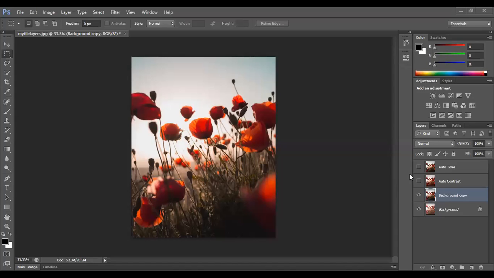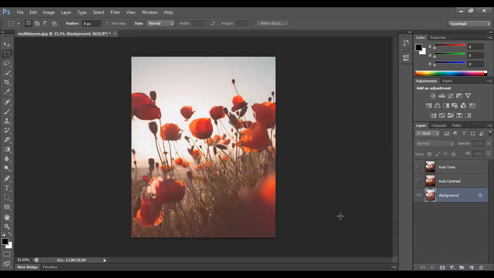You can't find any difference in auto tone and background? There is a lot of difference. Just a second. Let me just quickly first delete this layer. Okay, so how do you delete a layer? You drag the layer to the dustbin. There is a dustbin below. On the bottom right, you will be able to find a dustbin icon. You can drag the layer to the dustbin icon. Okay, now auto tone and background. Khushbu, just check if in your computer the eye is on. Check if the eye is on for this option.